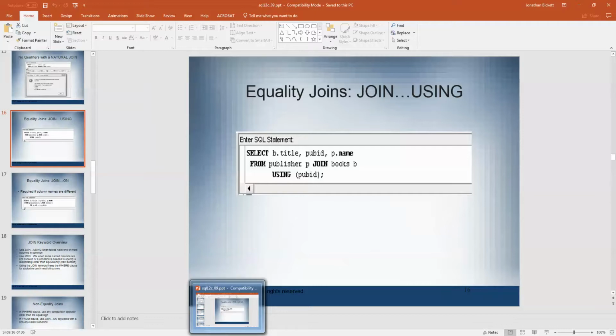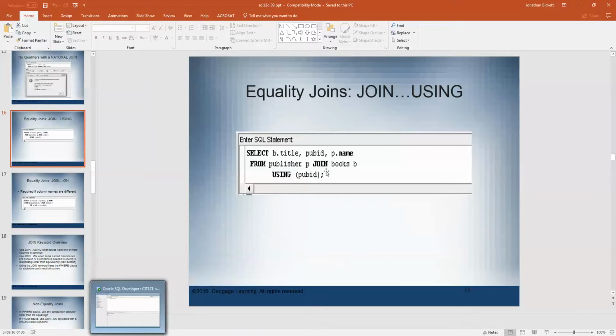If you only want to restrict that down where you're only joining on a specific field, which is probably what you're going to do most of the time anyway, you use the using clause to specify that. So